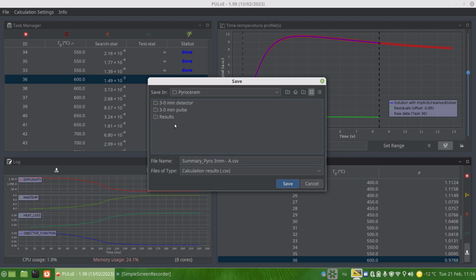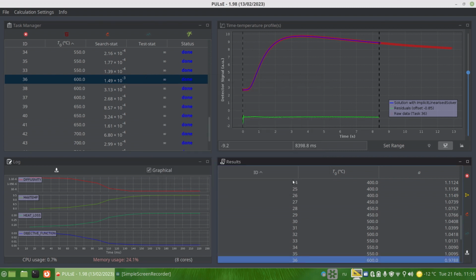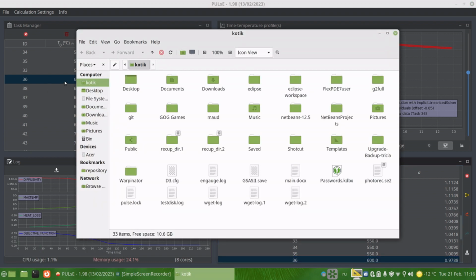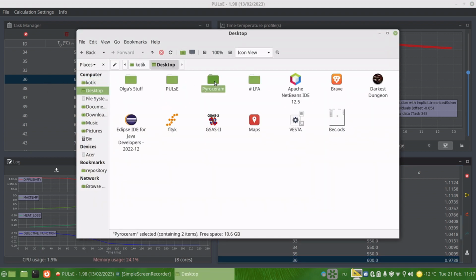And then we will just save it in a folder so that we can examine it later. I will just add a file named pyro1 with the current results. And for example, if you open that folder now,